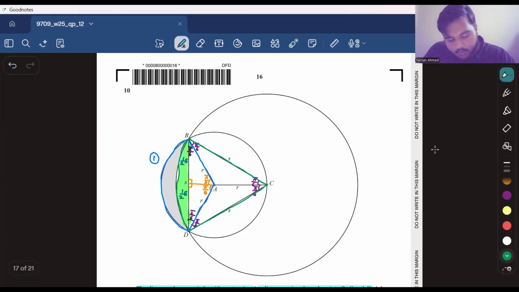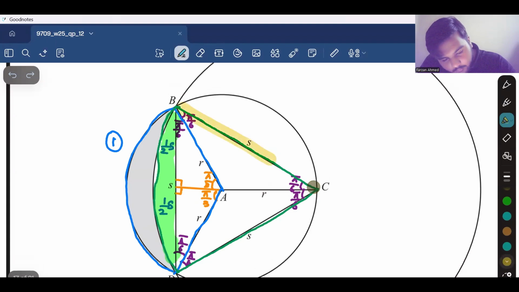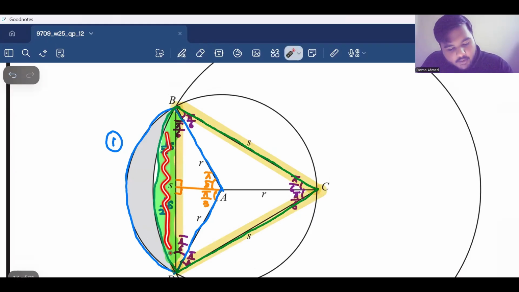The big triangle is this thing, from this, this is the big triangle. Okay, we have to subtract this, so to find the area of segment, this thing. Okay, so